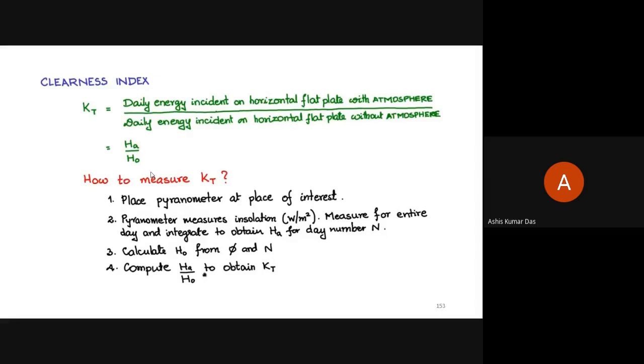We cannot estimate the value of KT for any other day by taking the HA of another day. If we want a KT which takes into account the historical data, the HA itself can take into account the statistical mean of all the HA values of previous years too. Then you will get a KT value which is a much better representation of climatic and atmospheric effects.